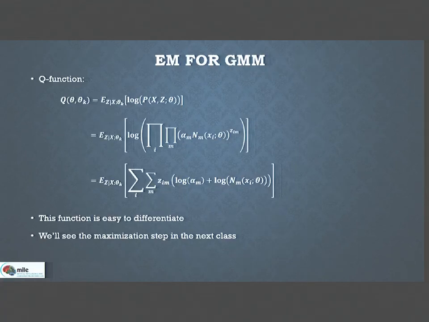And this z is a binary random variable, so it will take either value 1 or 0. Whatever the 0 term gets will be 0, so anyhow it can be neglected. Whatever it's 1, that's a simple term; only that comes into the picture. So we'll see in this class how we maximize this function.